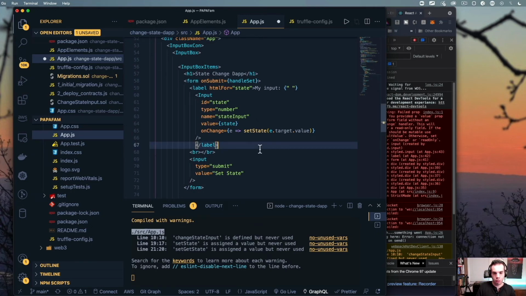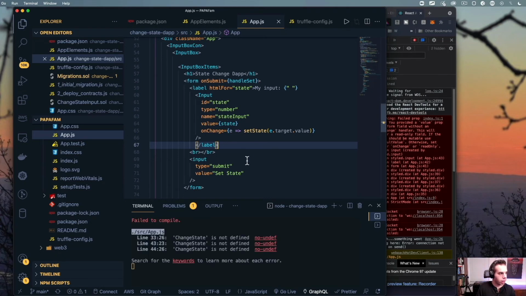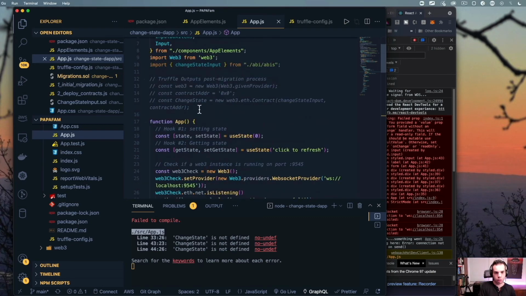have here. I'm going to give this a save, and of course change state is not ready to go. So what we're going to need to do is actually uncomment this out, and we're going to be basically taking out some things here.